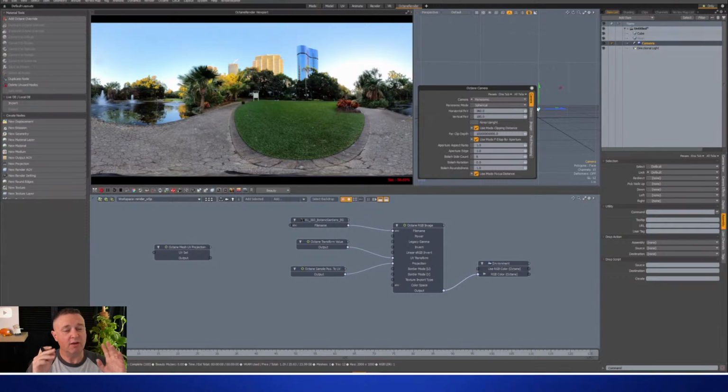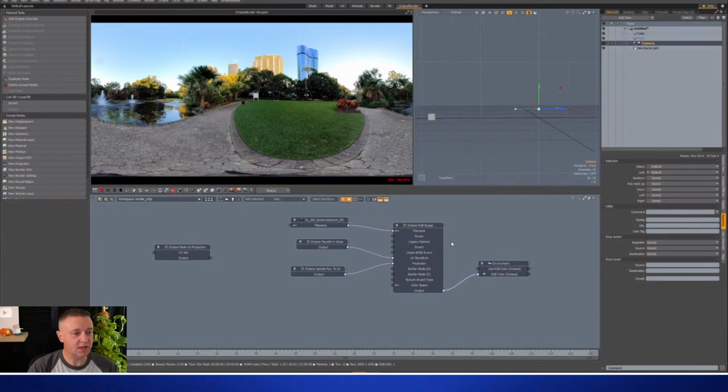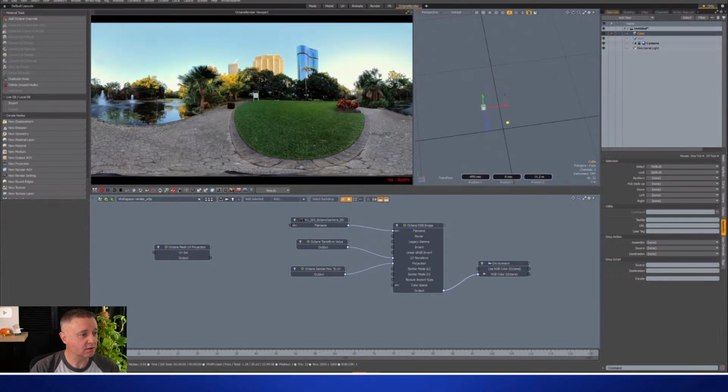So now when it renders out, Octane will render out as a 360 video. Okay, so that's good. Let me just close that. Now this is where the camera is here. I'll just lock that again so I don't move it. Okay, and then the cube, if I move the cube around now, you can see it updating in